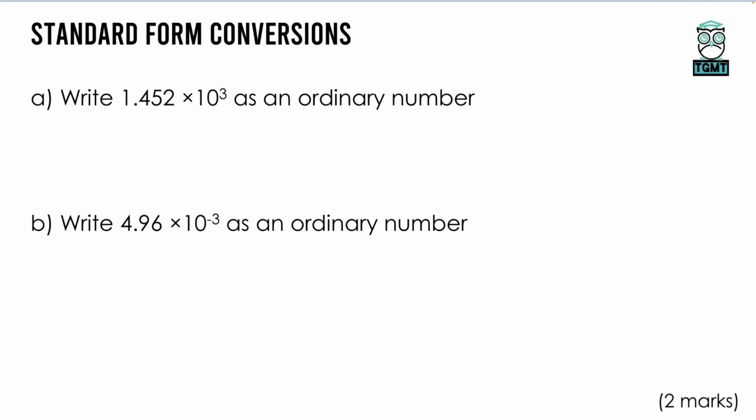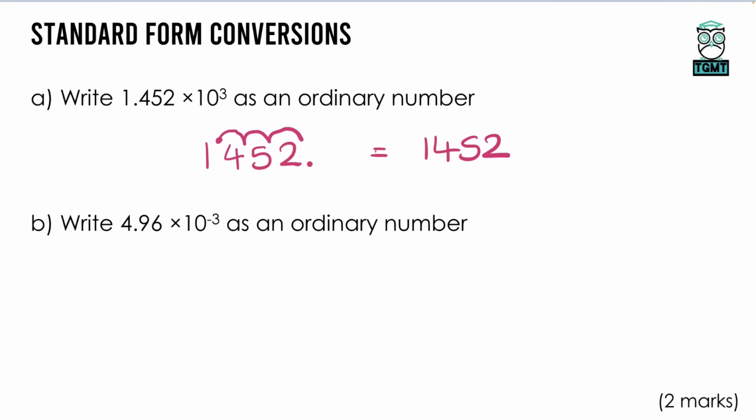We also have to convert from standard form into ordinary numbers. When we do this, I like to write out all the digits within that number first, put the decimal just above, so that when I do my jumps I can hop over the top. This is timesing by 10 to the power of 3, so timesing by 10 once, twice, 3 times. The decimal goes at the end here. We don't need to put 0.0, we can just write